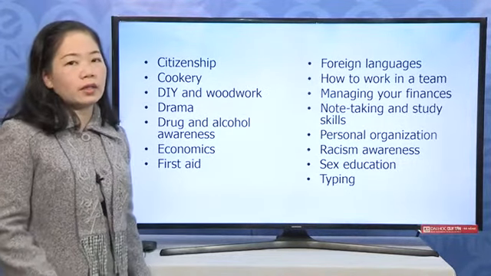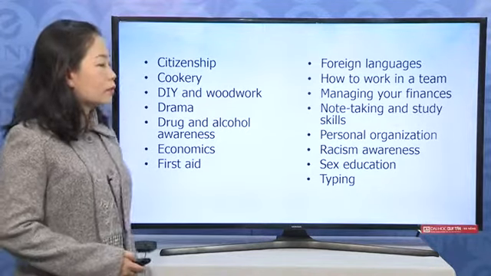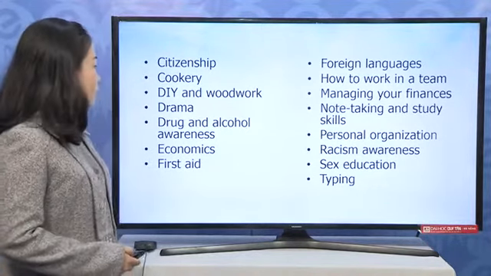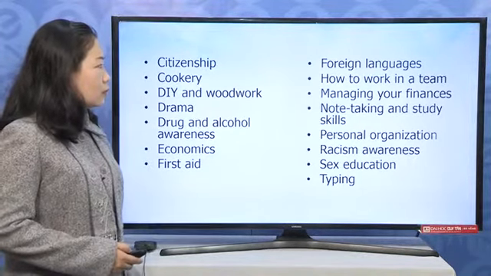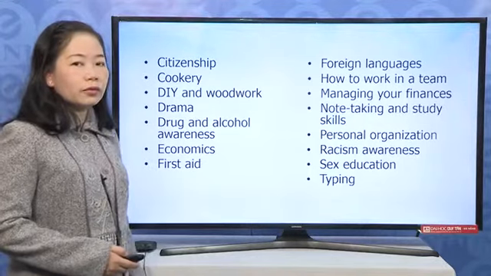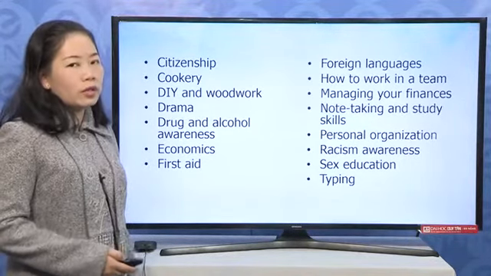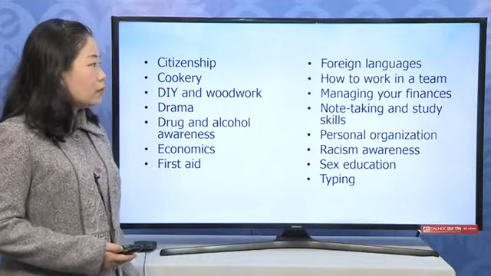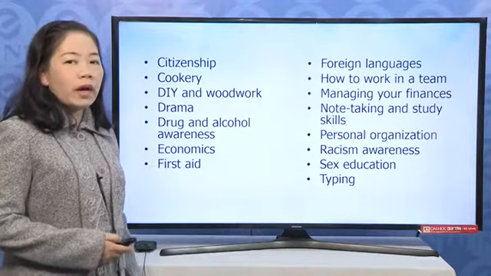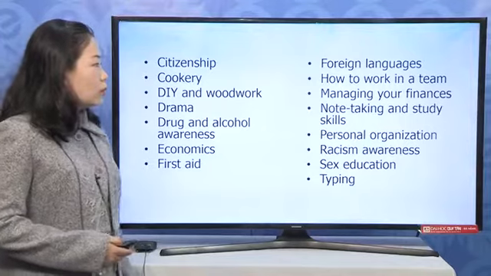And here are the things in the list. Have a look at it. You have to ask yourself the question, did I learn foreign languages at school? Did I learn how to work in a team? Or you can raise the questions to ask your partner. For example,